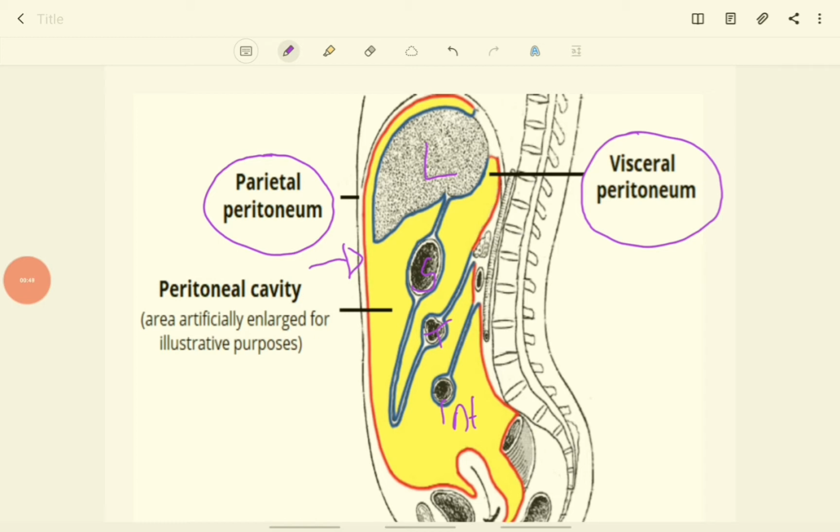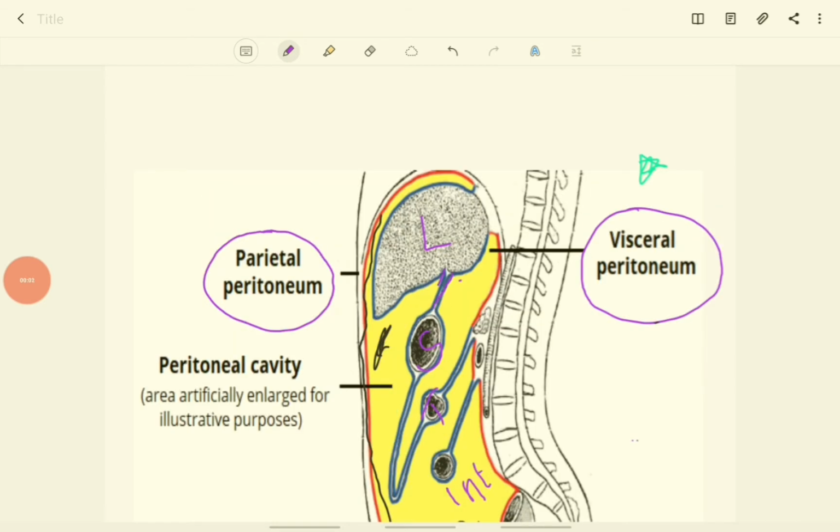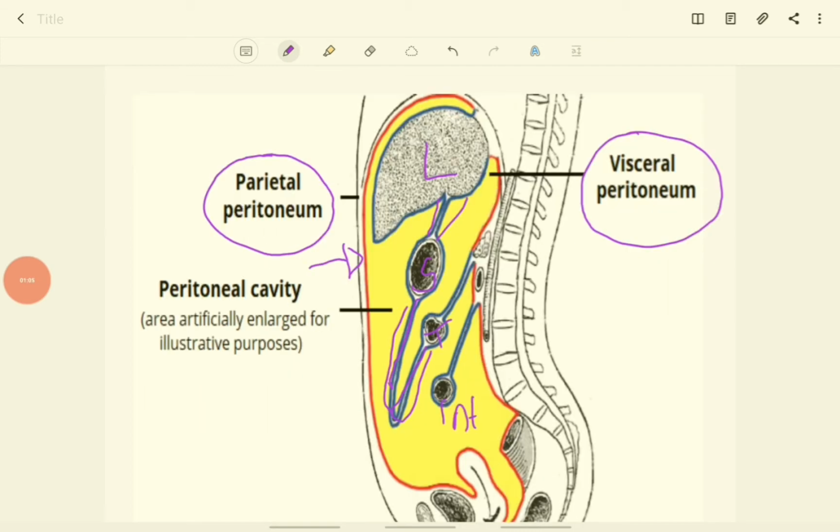In this image, we can see a double fold of peritoneum which starts from the liver to the stomach; this is the lesser omentum. The double fold of peritoneum from the stomach to the transverse colon is called the greater omentum. The greater omentum goes all the way down and covers the intestine and comes upward to meet the transverse colon. And this is the greater omentum.